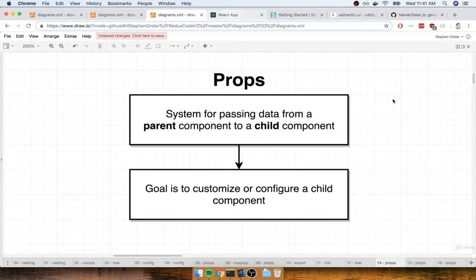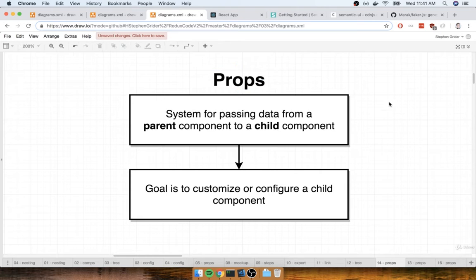In the last section, we started talking about the prop system in React. Remember, this is all about passing data from a parent to a child. A child cannot pass data back up to the parent through the prop system directly. We can kind of do it indirectly. We'll see examples of that later on, but the prop system is generally about communicating information from a parent to a child. Now, one other quick thing that I neglected to mention in the last section is that props is short for properties. Just so you know, a little bit of trivia.